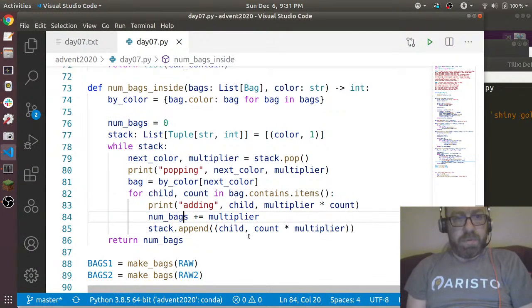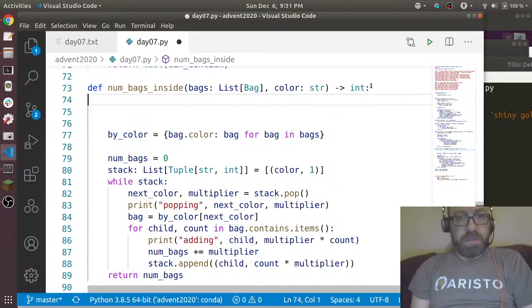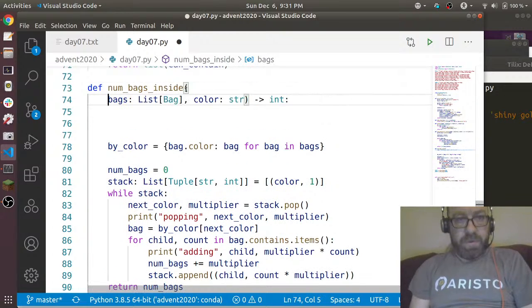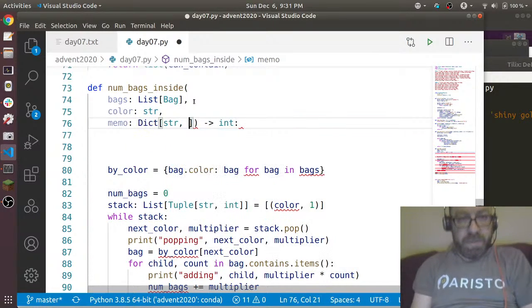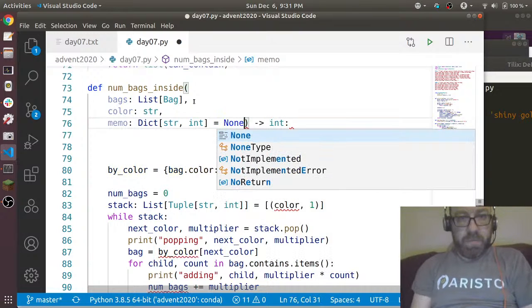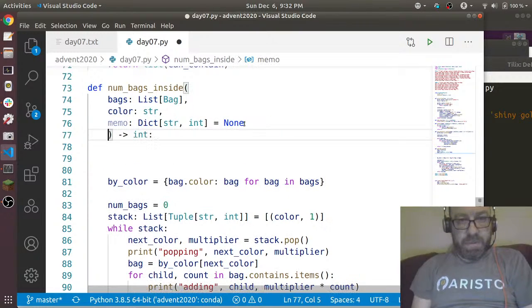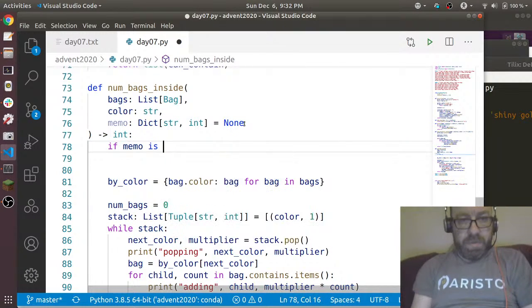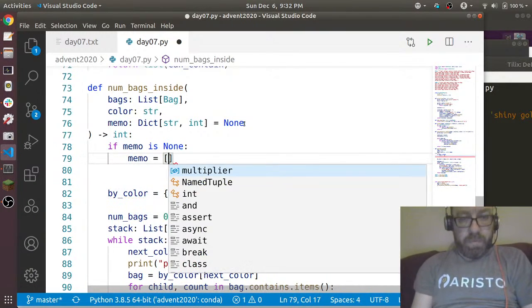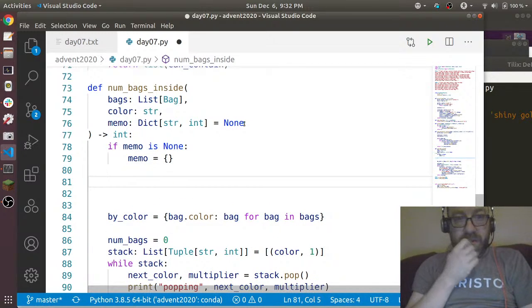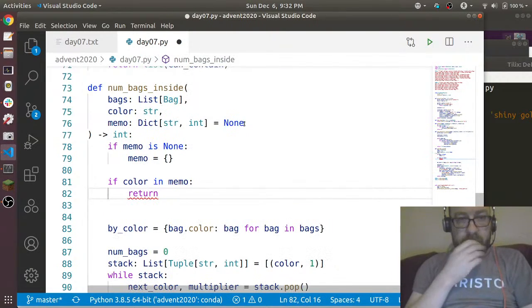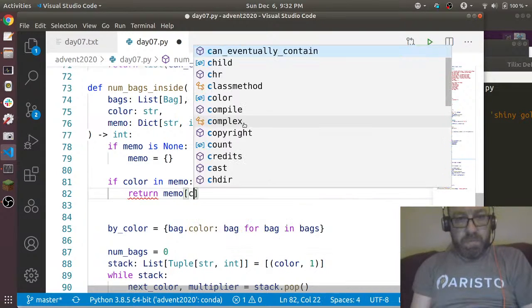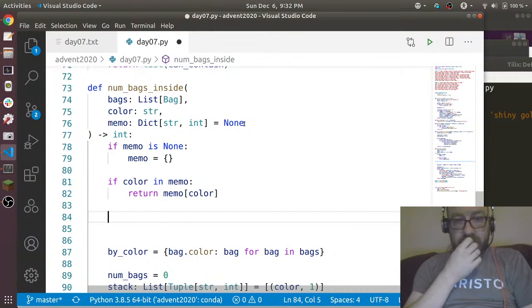Alright, I'm going to do this in a completely different way, which is as follows. I'm going to do it recursively, and I'm going to memoize it. Memo, which is a dict from str to int, equals none, okay? And if memo is none, memo equals this, okay? And if color in memo, I will just return memo color, and otherwise